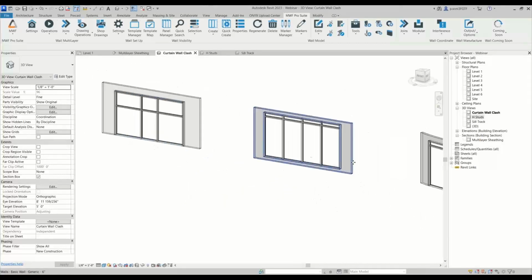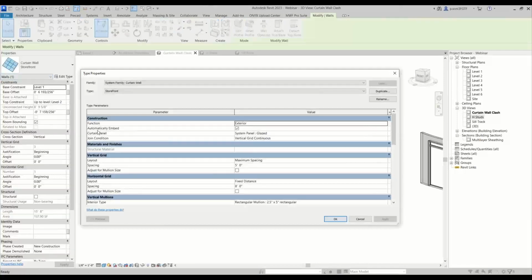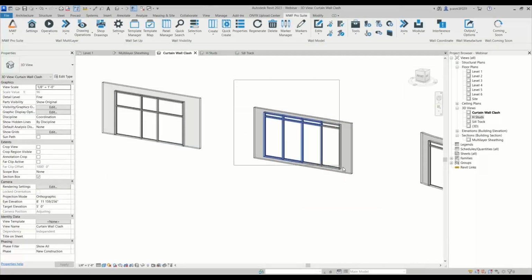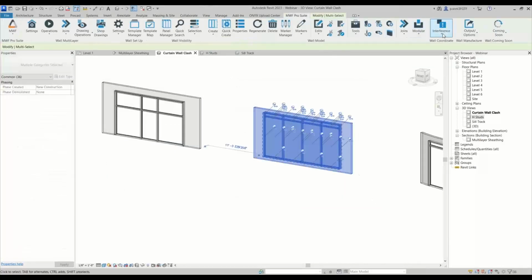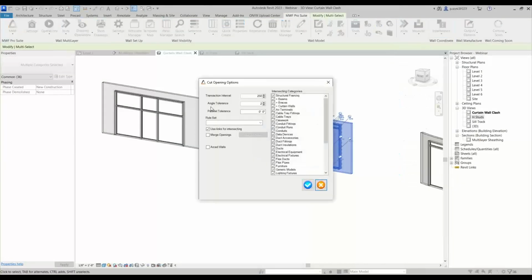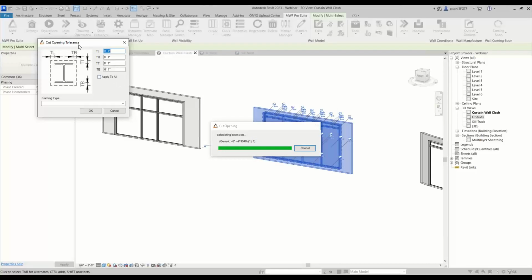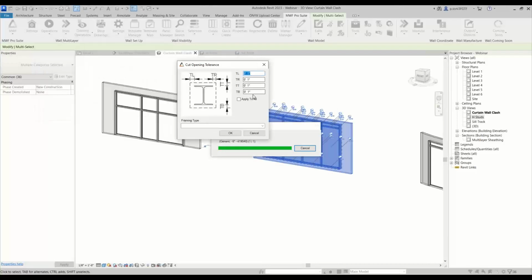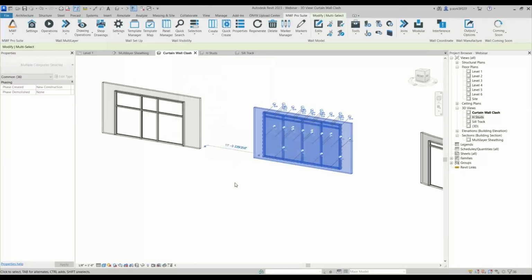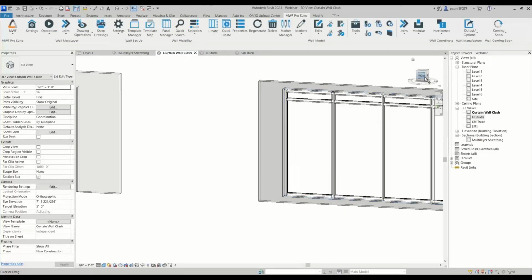So let's just go ahead and do the same with this one. Again, need to make sure automatically embed is turned on. Once it's on, you just need to mass select everything, come back to interference, clash detection. Again, you would be greeted with all these features that we just talked about. Hit OK. And now by default, you would have your previous tolerances and hit OK. And this should create an opening,